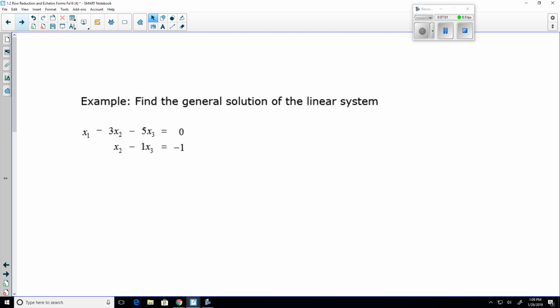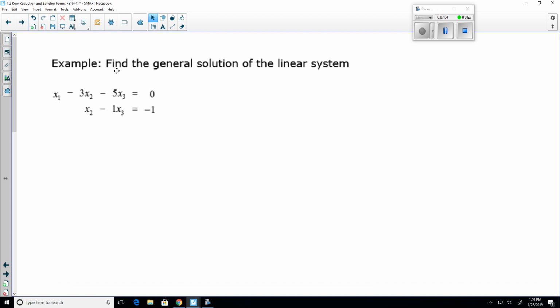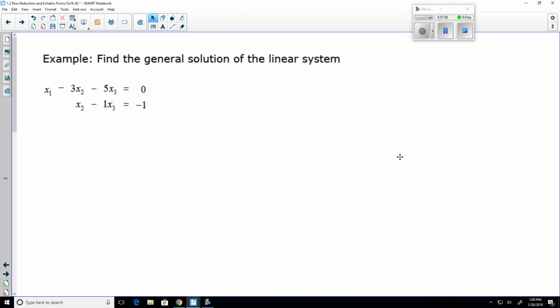So let's do it here. I have two equations. How many variables? Three. The only two options I have here are no solution or infinitely many, right? We can't have a unique solution here because I'm going to have at least one free variable if I don't have an inconsistency. So I'm going to augment first in a matrix system, coefficients,